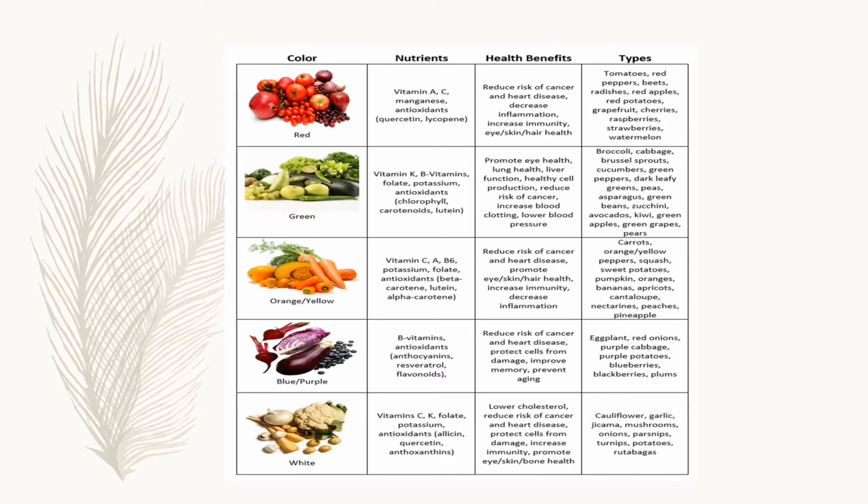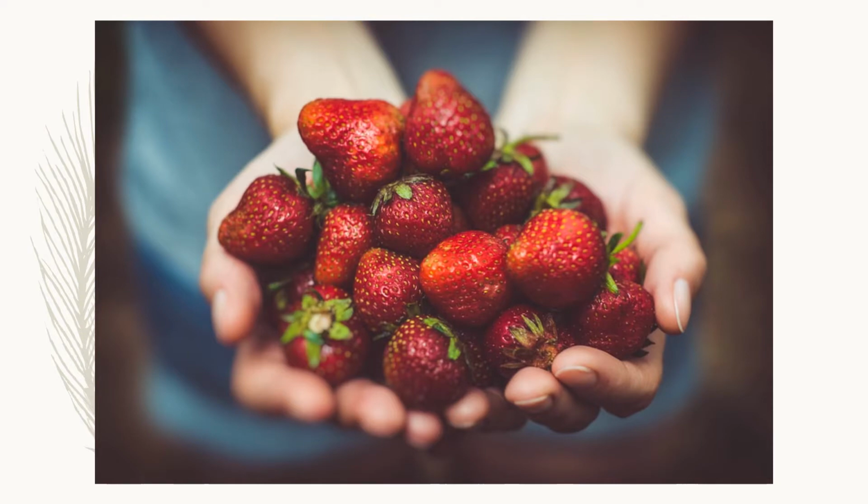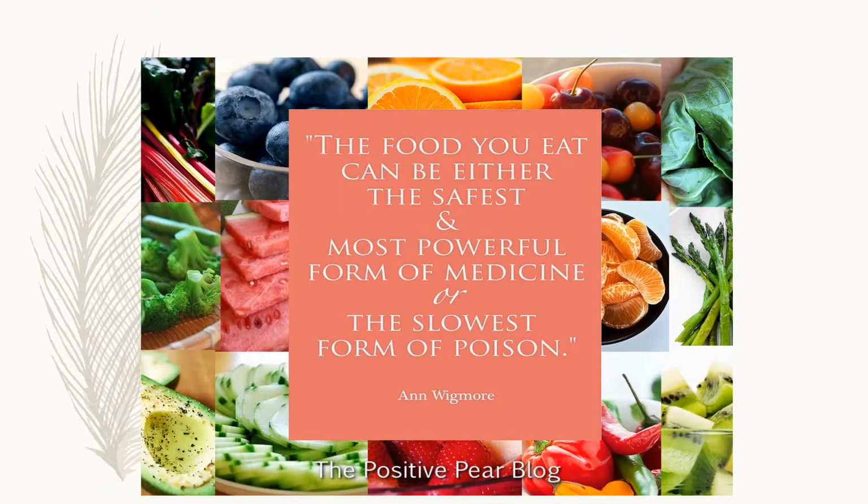So again, here's another slide on all the different colours of food and what the health benefits are of eating those foods. So really, when it comes to fruit and veggies, we want to be aiming to eat about 2 cups of vegetables a day and 2 to 5 serves of fruit. It's actually a lot more than you think. So we really need to be getting fruits and veggies into us. It requires a little bit of effort and a little bit of preparation, but if you just do a little bit of planning before you go shopping, and just buy what's in season, you should have no problem getting all those